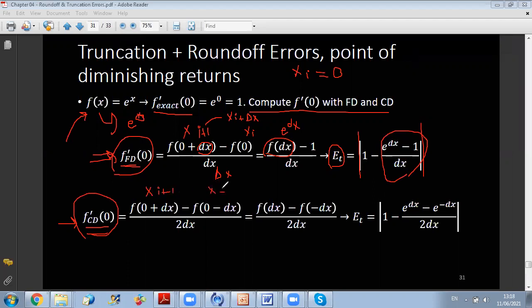You know that x i plus 1 is already calculated, it's 0 plus dx, while x i minus 1 is 0 minus dx, over 2 times delta x. Now all I have to do is replace f of dx by e to the dx and f of minus dx by e to the minus dx. Then I can find the derivative expression as a function of delta x. I can vary delta x as I want, and I can find what will be the